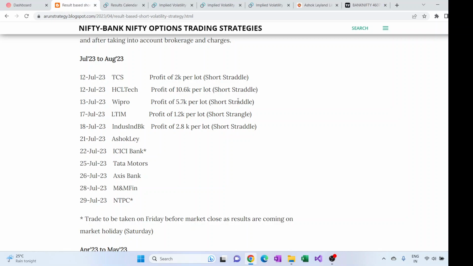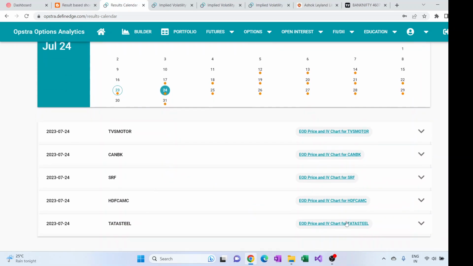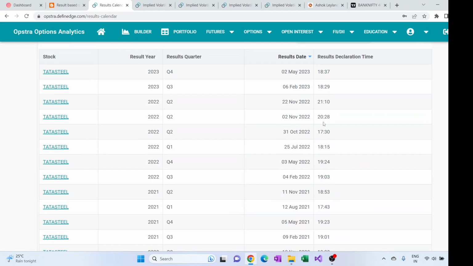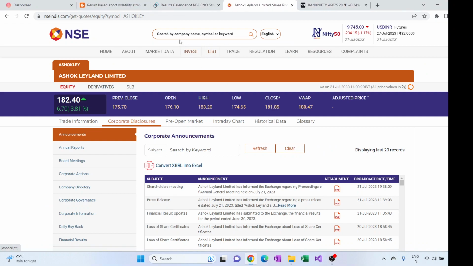That point we'll also discuss, because sometimes if the results are coming in the week when the monthly expiry is falling, the premiums will not be enough in case a big move comes. Let's take an example, say Tata Steel. Today is the 23rd, so for the 24th, if I check Tata Steel, its results are coming after market close historically, and if we look at the straddle price at current,